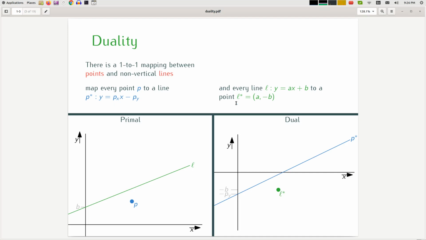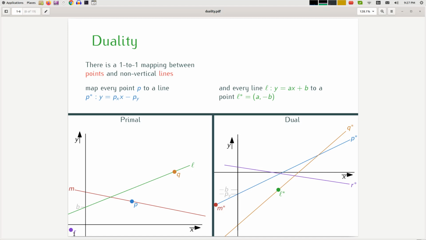So for example, let's look at one example of what this transformation buys for us. So here's again more examples of duality transformation. If you have a picture like this, then by just using the properties that I listed, we can reason about the dual representation of these objects. For example,